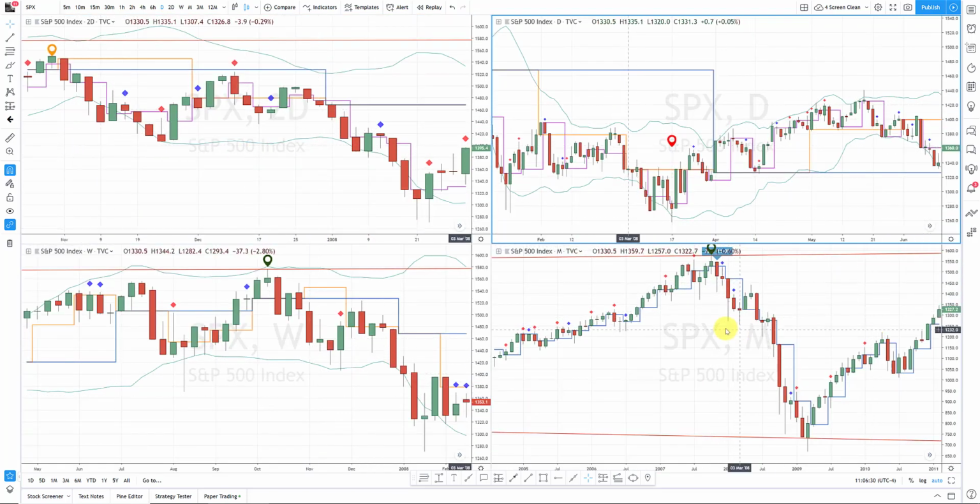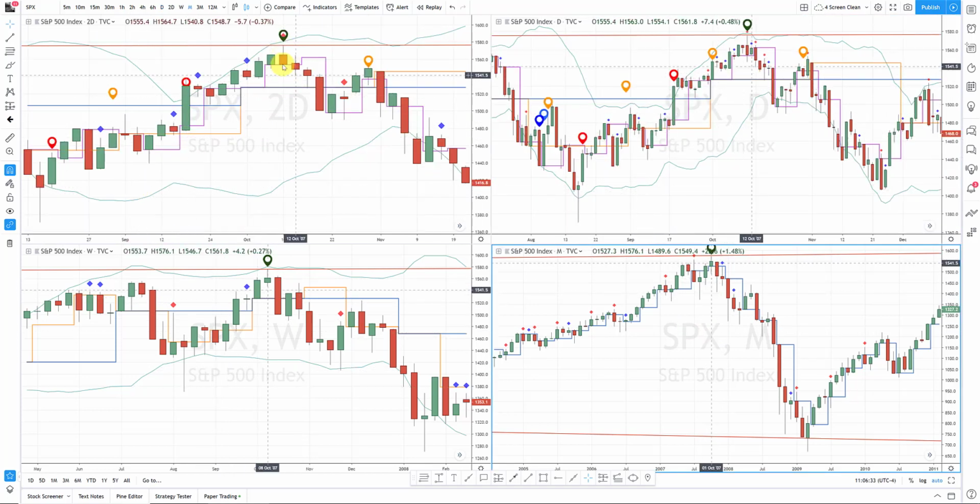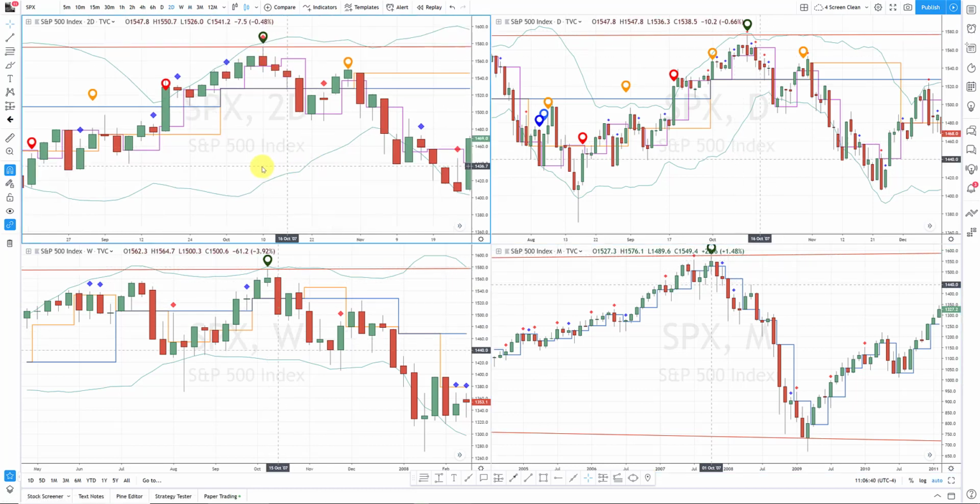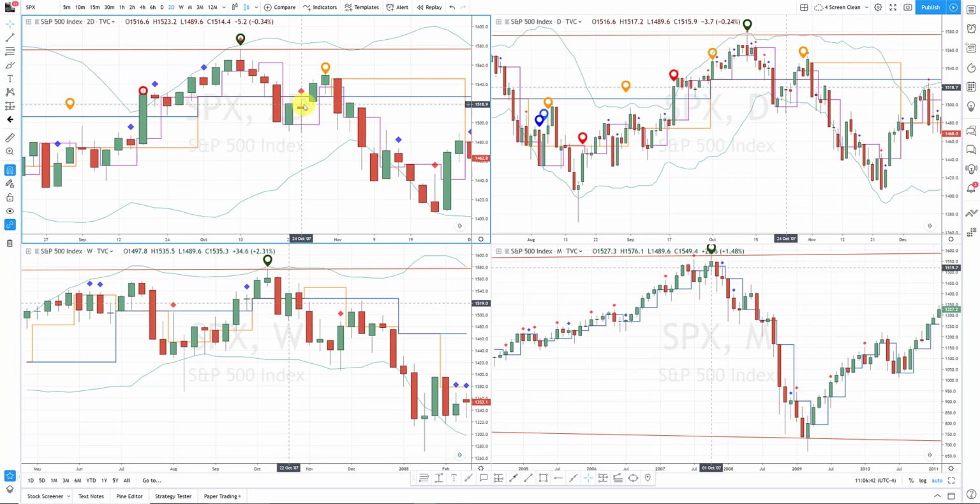On the 2-day chart, let's see what that looks like. The 2-day, outside bar on the 2-day. So you got that outside bar on the 2-day, outside and down. Here's the bounce in October. Outside and up, momentum, right? So watch the momentum. It gives you 2 bars. Once that low gets taken out right there,